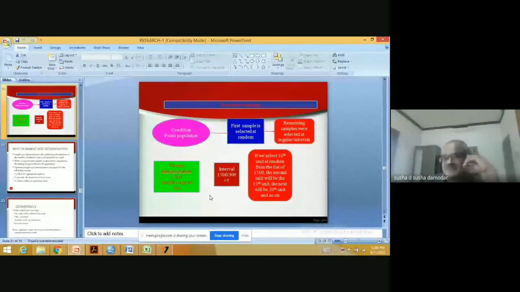So systematic sampling, the condition is a finite population. And the first sample is selected at random. The remaining samples are selected at regular intervals. Say, for example,